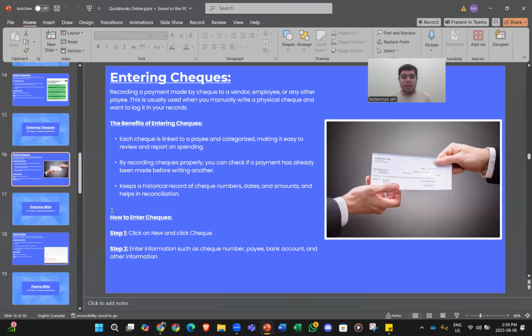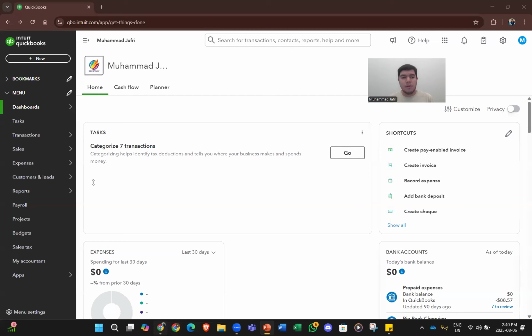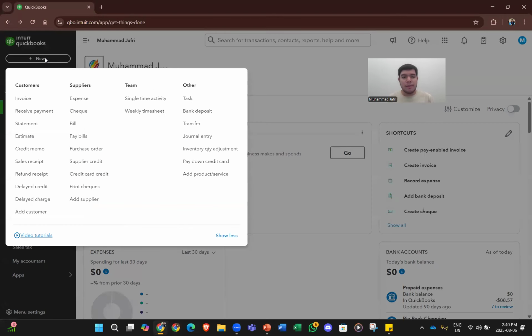So how do you enter checks? To enter checks, click on the New tab and click on Check, and then enter information such as the check number, the payee, bank account, and all other information, and so forth. So over here, we can click on New, we can click on Check,